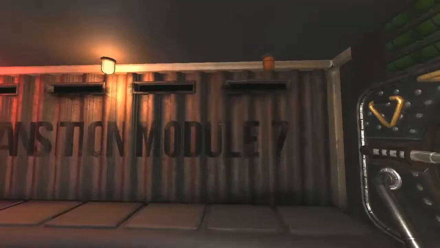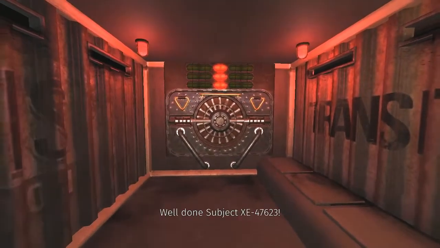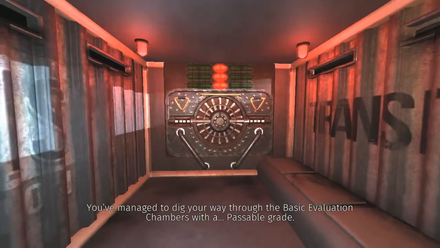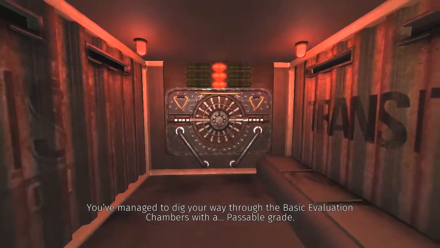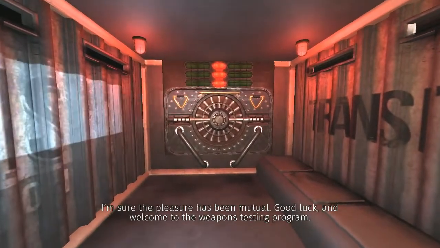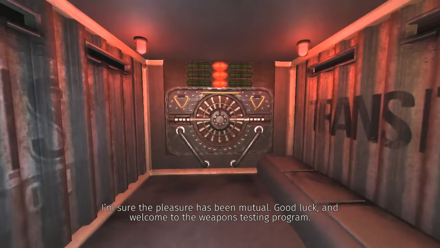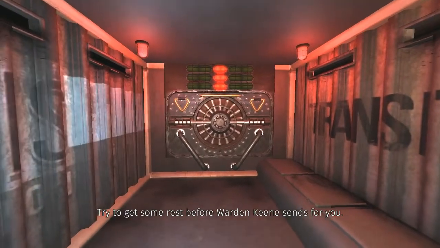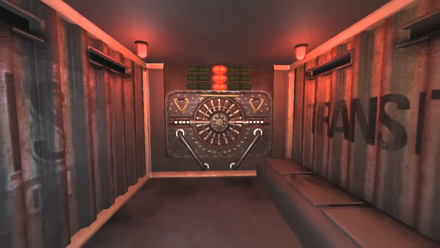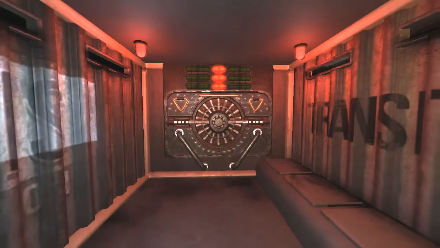Transition Module 7. Actually, it's a question of whether... Well done, Subject XE47623. You've managed to dig your way through the basic evaluation chambers with a passable grade. I'm sure the pleasure has been mutual. Good luck and welcome to the weapons testing program. Try to get some rest before Warden Keene sends for you. Oh dear. They're going to take me back to my cell, My Highness, and then I'm going to...